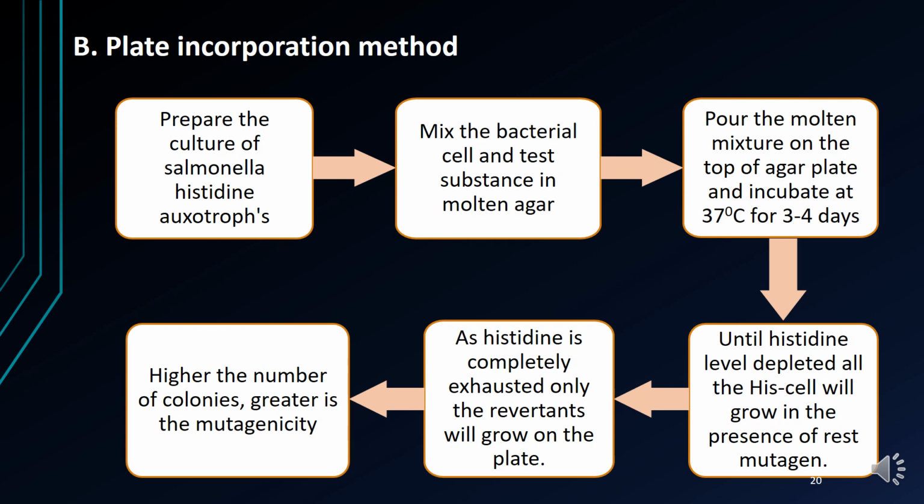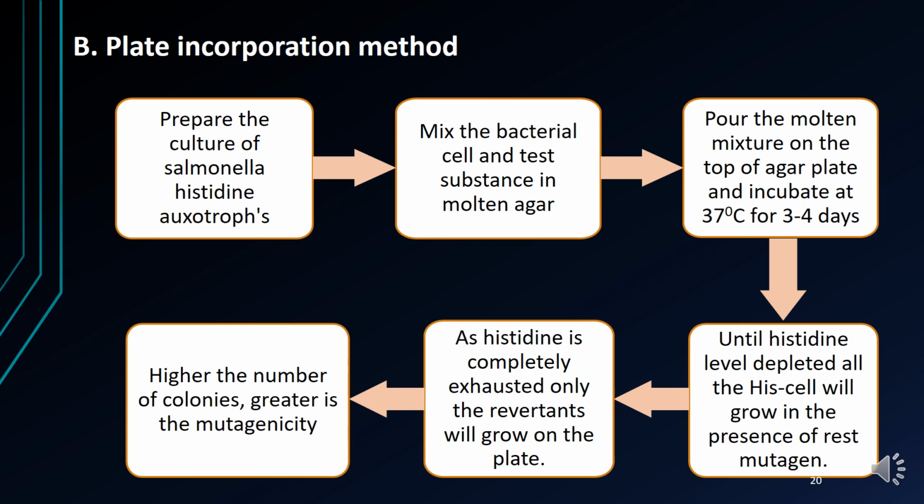Next is the plate incorporation method. First, we have to prepare the culture of Salmonella histidine auxotroph. Then mix that auxotroph with the test substance in molten agar. Then pour that molten mixture on top of the agar plate and incubate at 37 degrees Celsius for 3 to 4 days. Here, until the histidine level is depleted,